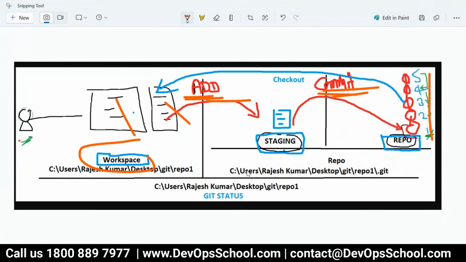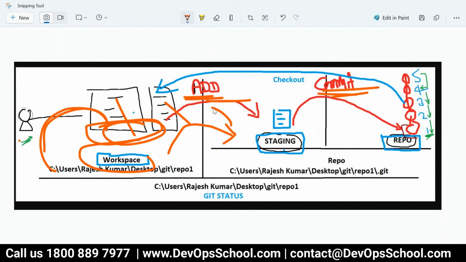But sometimes you want to undo the stuff. For example, you have certain files here and you want to get rid of this file. That is one thing. Or maybe second scenario, you push some file to the staging, but you want to get that file back. Opposite way. And third one, from here to here it's not possible. I mean, everything is possible in Git, but not recommended. So here the undo concept will not happen.